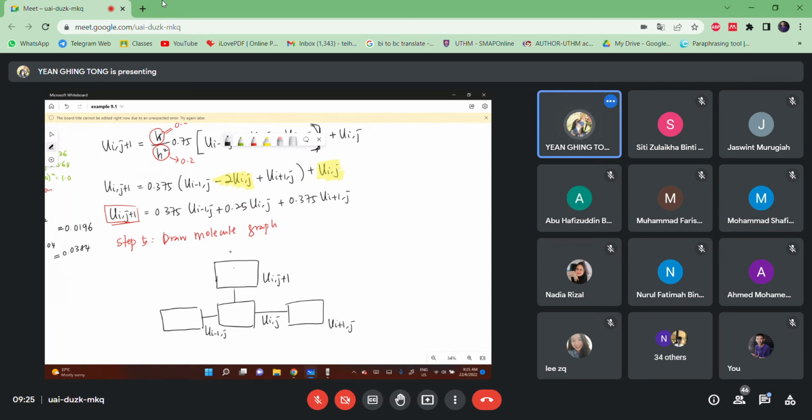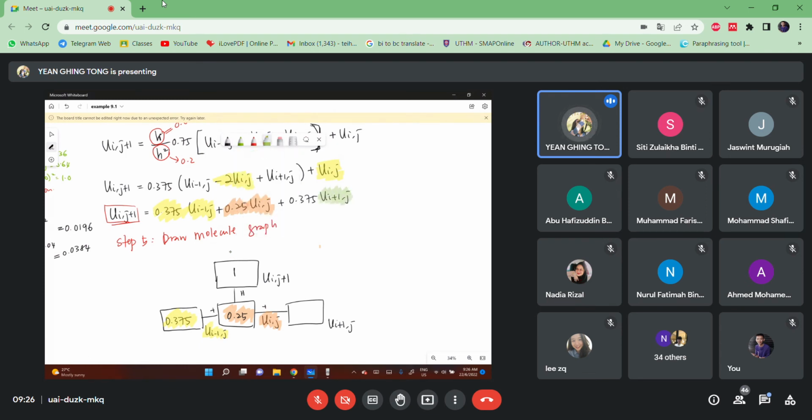And then I will put 1 equal to, sama dengan, okay, I put this one 0.375, and then here, because this one is uij, here this is uij, so I will put this one, this. And then for untuk ui kan, is 0.25. So I put here 0.25 kat sini. That means 0.375 ui minus 1j plus with the 0.25 uij, and then plus with this one